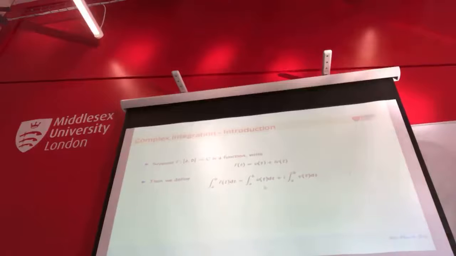So we're going to start with something fairly innocuous, fairly straightforward. We're going to start with a function for a moment that takes a real interval. So [a, b] is just a real interval, and it maps